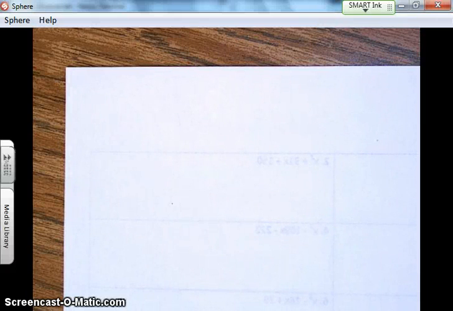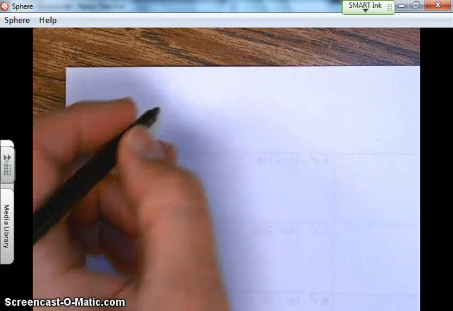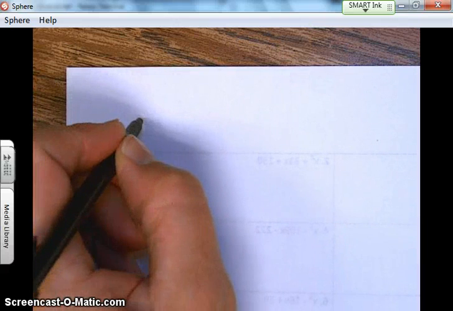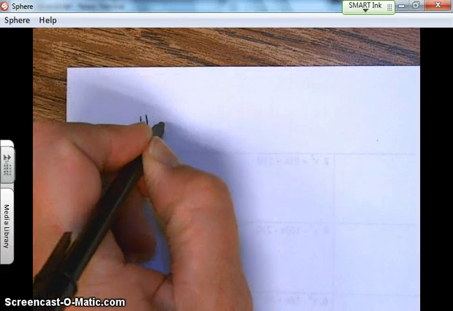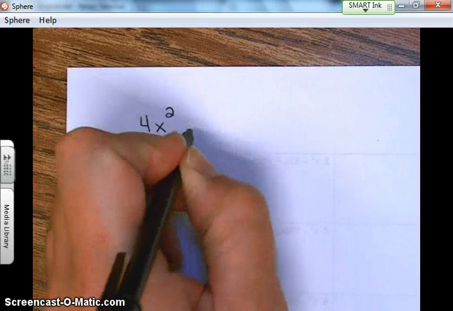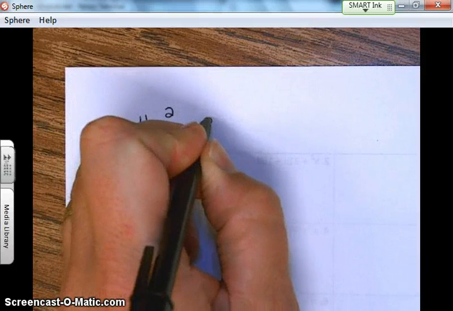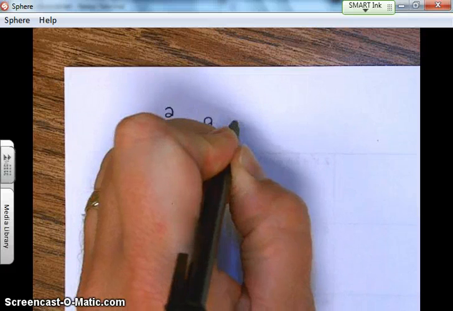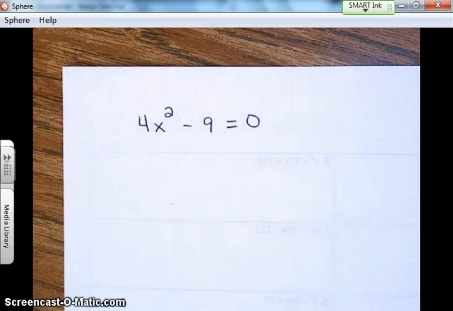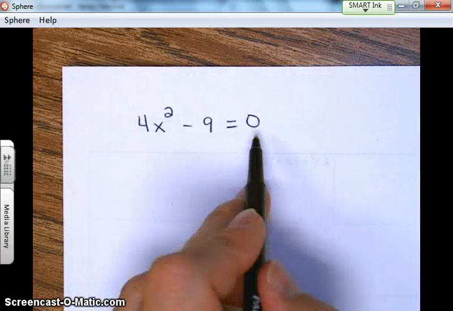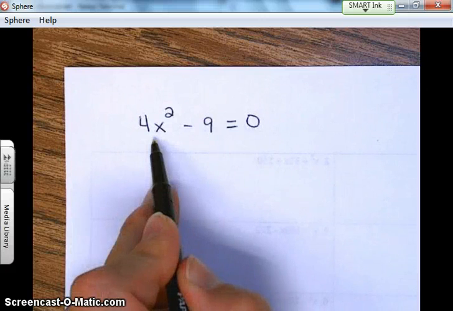This is a review for our test tomorrow. One of the things that will be on the test tomorrow is solving by factoring. One type of problem you will see may look like this. So if I want to factor this,